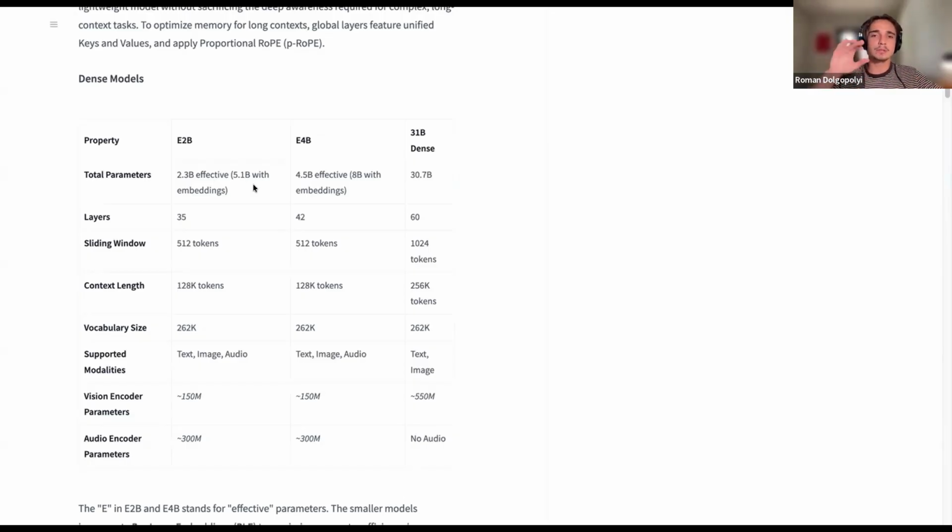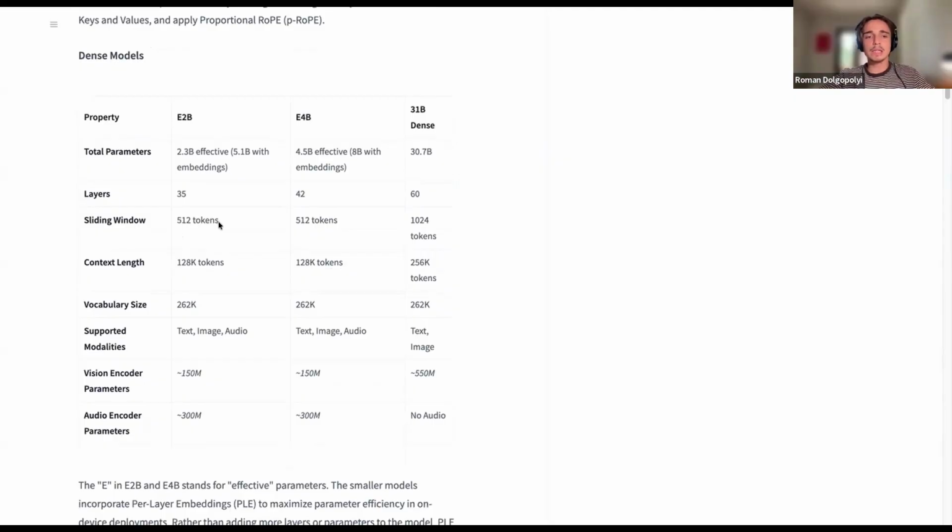Because the model is divided into different layers, which correspond to different experts in different fields. For example, if you would ask a question regarding medicine, one part of the model would be activated. If you ask a question about programming, another part of the model would be activated. So you save time and save resources in this way. We have also the number of layers. There are just 35 layers,